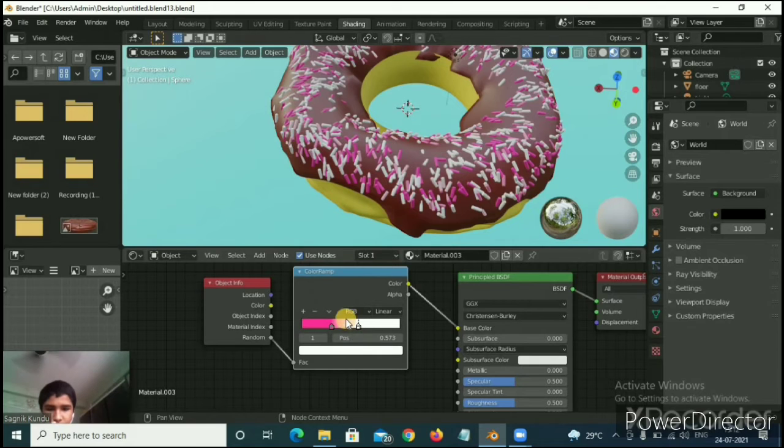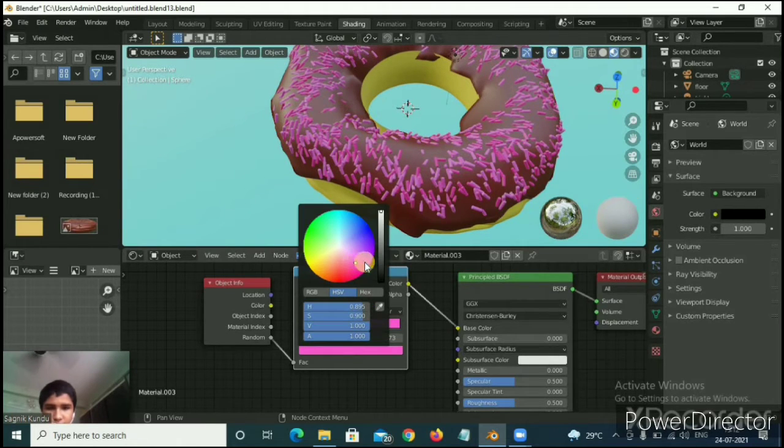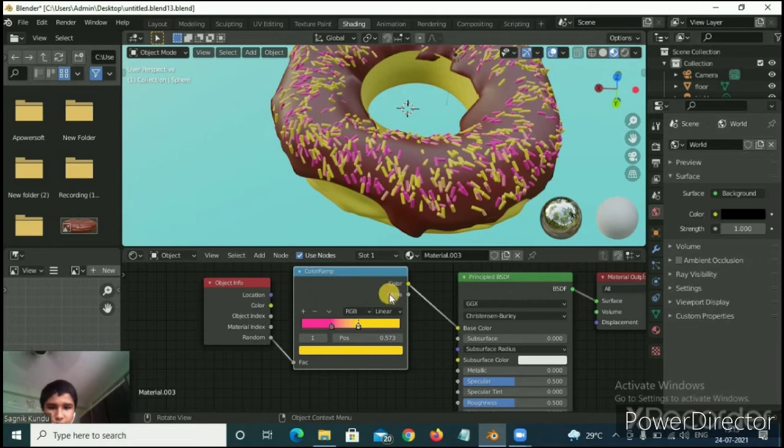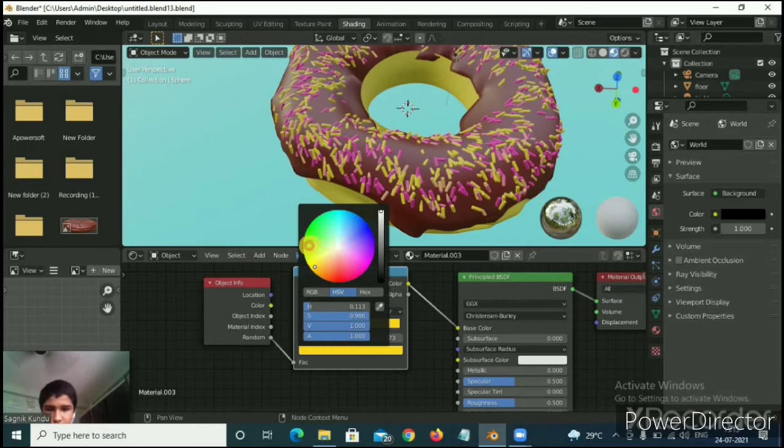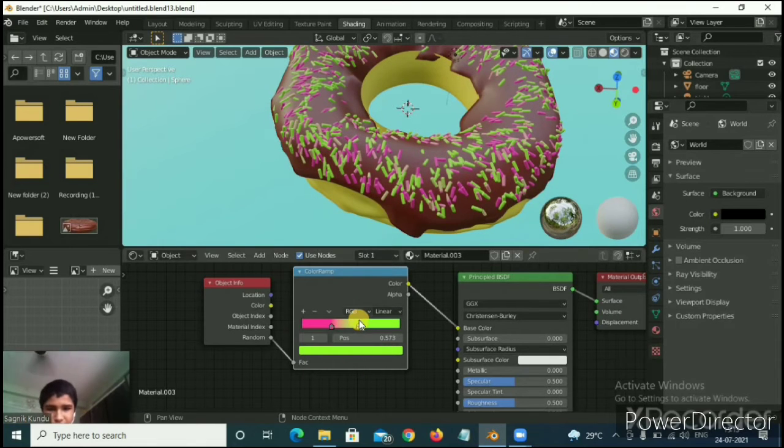Then I will click in the middle. Then select the white, click on the white and then click. If I want yellow, it's coming yellow, as you can see. Not really yellow, I want to make it green. Yeah, green.